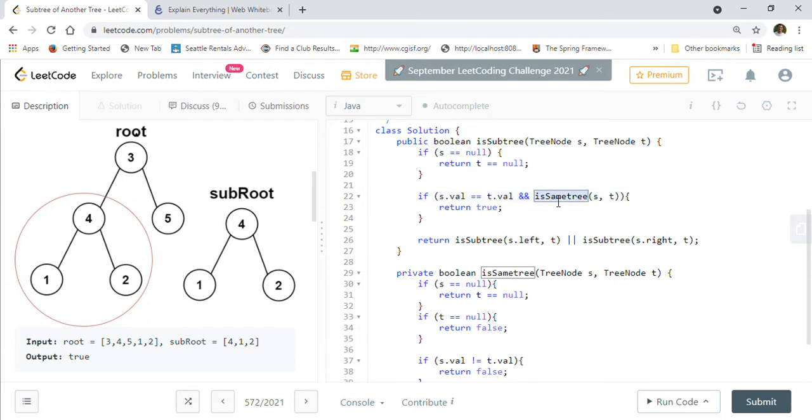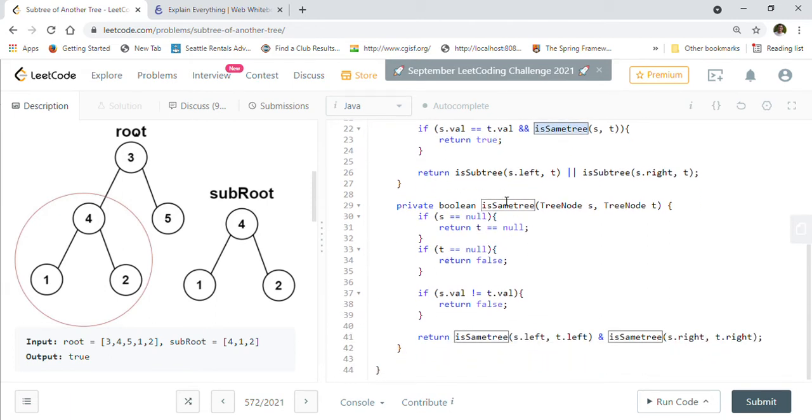So we will start now calling our function recursively, isSameTree. What isSameTree does is we will pass this 4 and this 4, like this s and t, right? We will pass s and t here, and then the first thing we will check is if s is equal to null, t also should be null, right? Then we will say it is the same tree. If s is not null and t is null, which means that they cannot be the same subtree, then we will just have to return false.